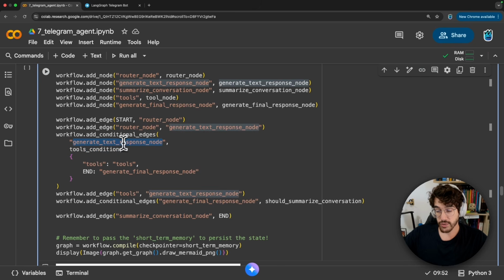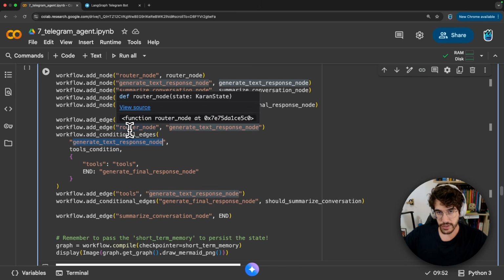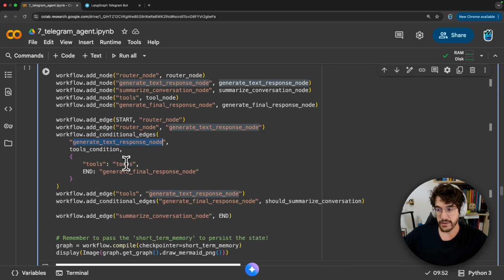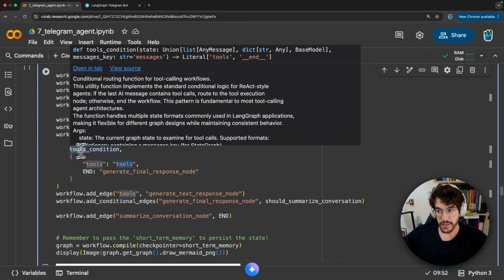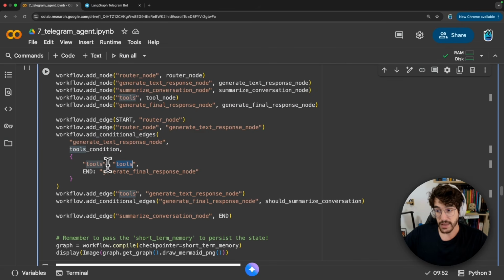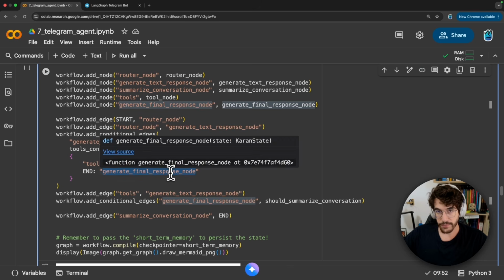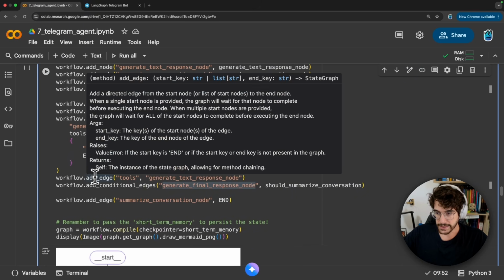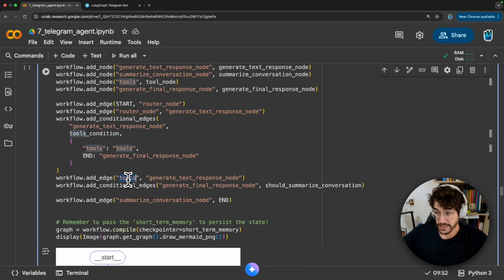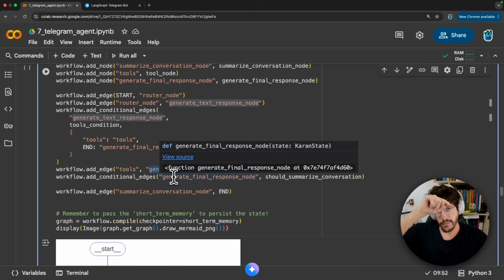If the generate text response node generates a response containing a tool call, then the tool node is going to be activated. If there are no tool calls in the previous node response, then we are just going to this generate final response node. All right, perfect. Finally, let's create an edge that connects the tool node with the generate text response node. Remember to close the loop